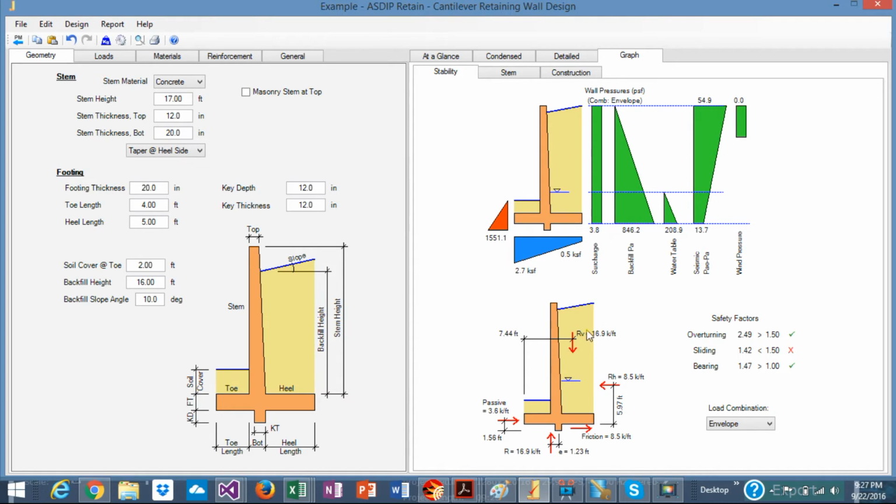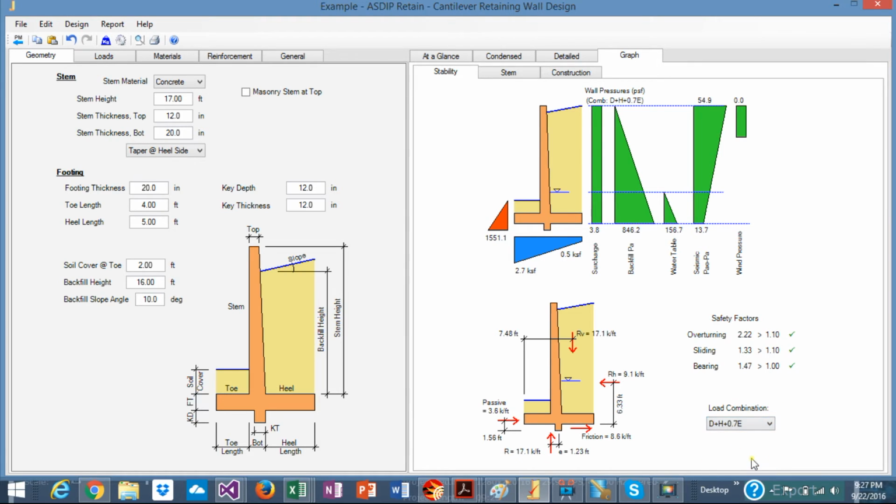It's a very nice way to see the forces applied to the wall. And you can see all these by load combination,